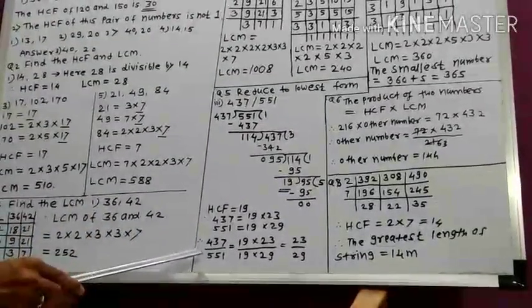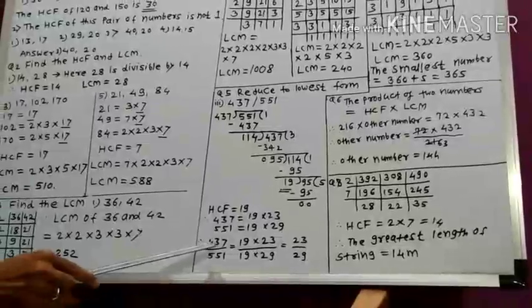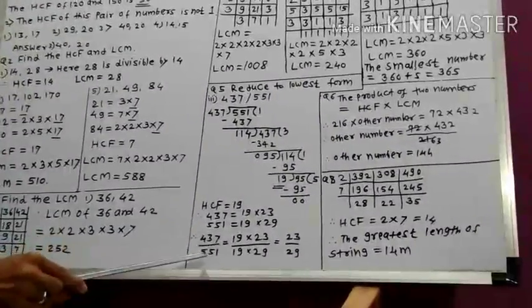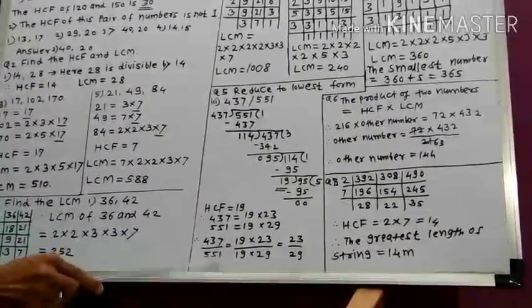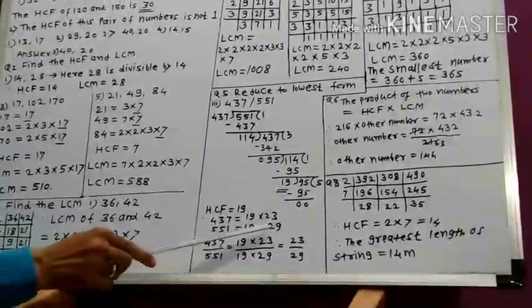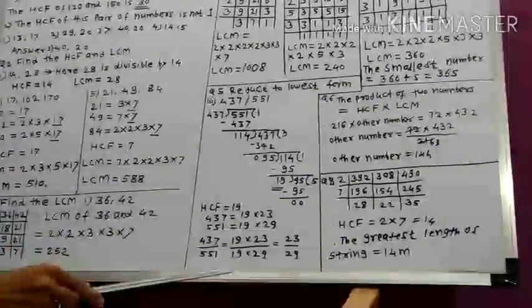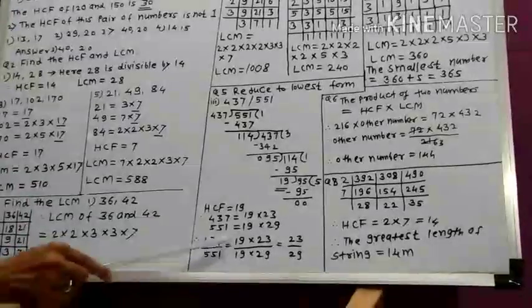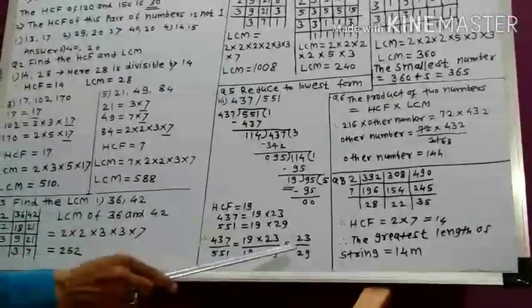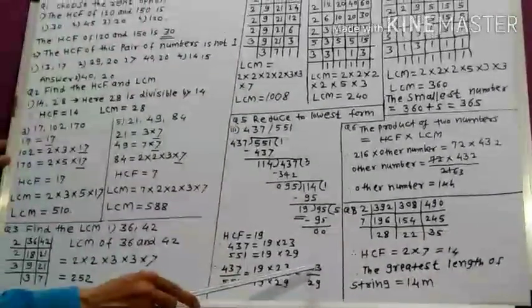Therefore, to reduce to lowest form, 437 divided by 551 is 19 into 23 divided by 19 into 29. Here 19 is a common number. It gets cancelled and its lowest form is